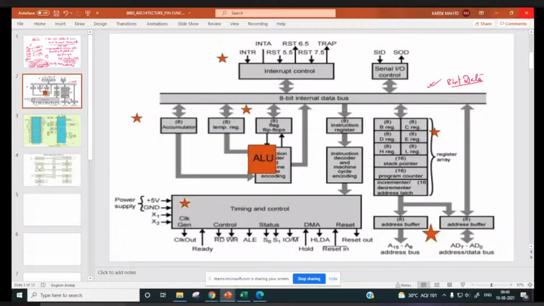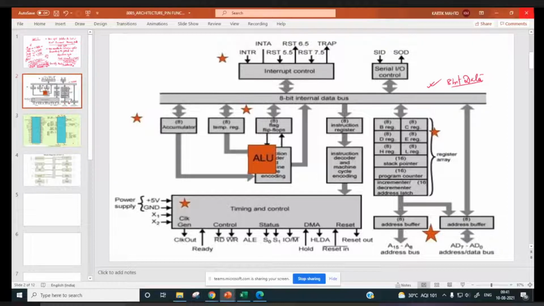So suppose we want to transfer data from one place to another at a time, only 8-bit data can be transmitted in parallel. If it is reading data from memory, it will read 8 bits at a time. If it is writing data onto the memory, it will write 8 bits at a time.